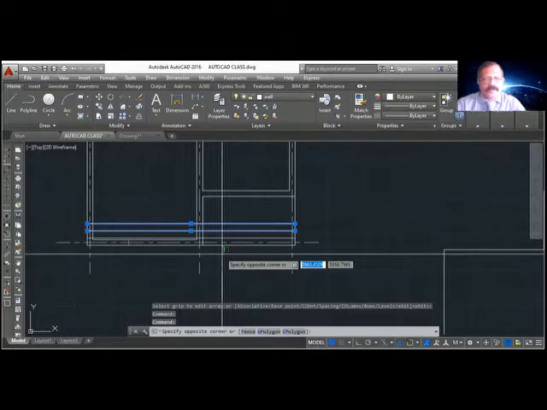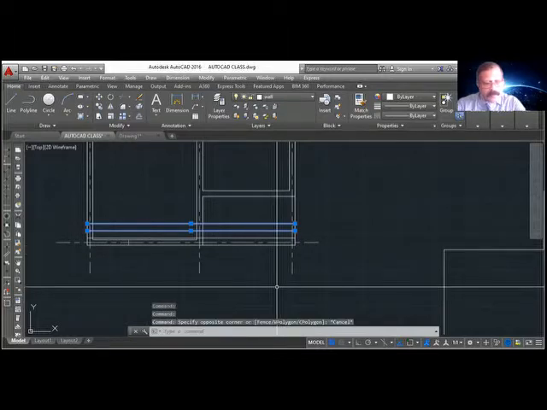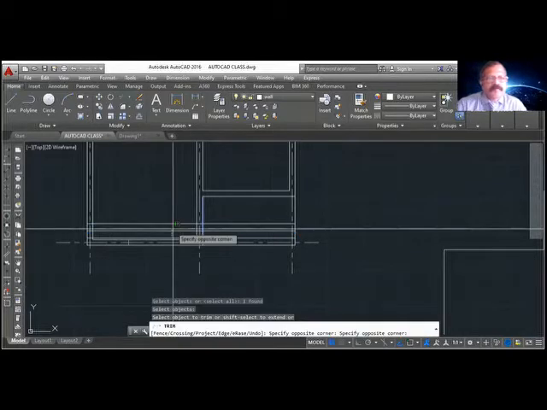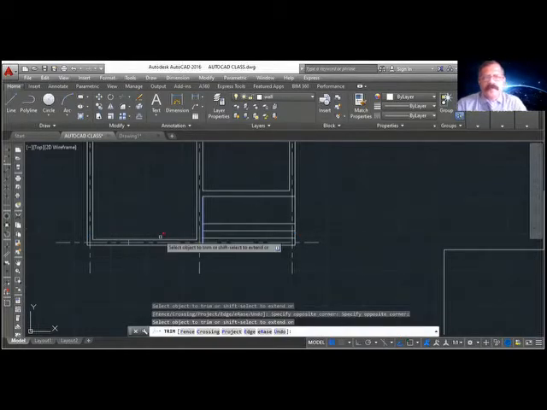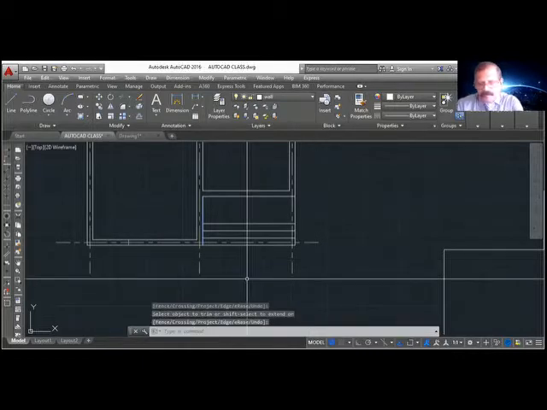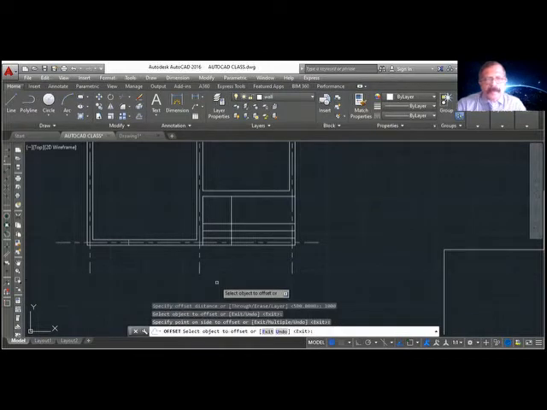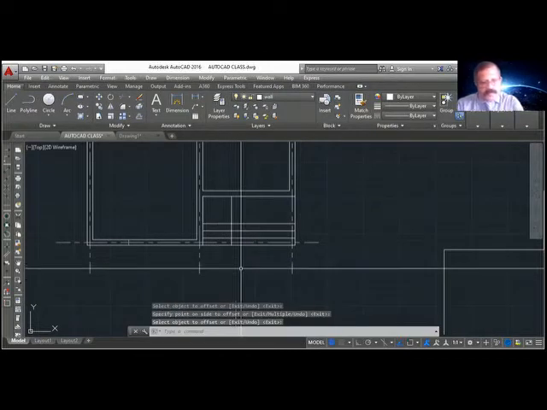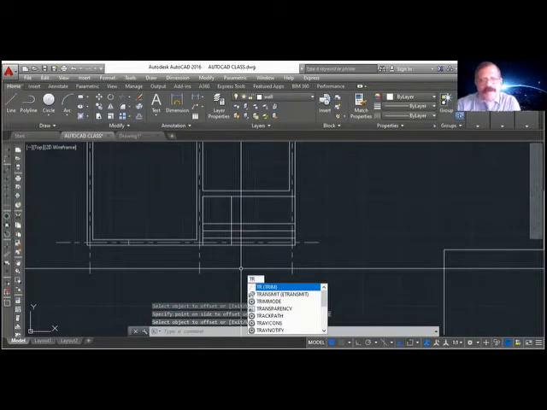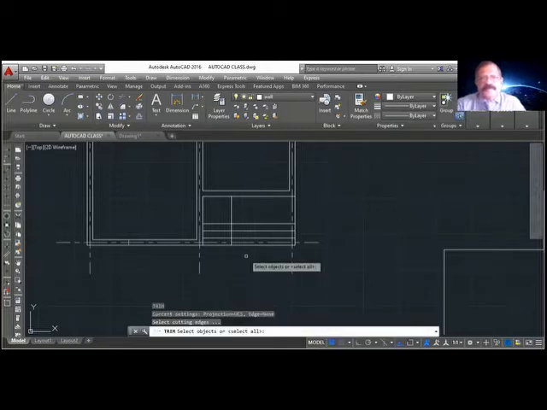Okay, so now I will trim this. Trim TR. Select this object. Select this. Okay, now I will offset 1 meter. Offset O 1000. Select this. So this is my steps. Trim TR. So instead of selecting cutting edges, I will just press enter, so all are cutting edges. Okay, so just click.